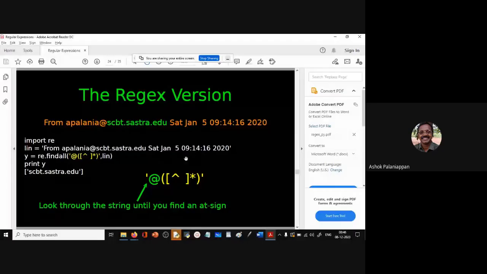So this is where we were yesterday. We were trying to extract the email address from the email headers in a text file containing all the emails. Now, let us do this at our IDLE prompt. Okay, so let us do some of this.